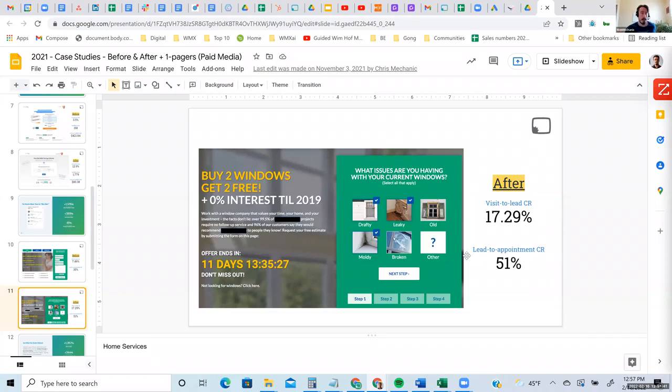So all we tested was an option where we added, I forget what the text was, but it was basically to see a video demo. We added that as a radio button option on the form, and it cranked conversion rates through the roof, right? Because it lowered the friction for those people who weren't quite ready to speak with a sales rep and allowed them to see the platform in action. And then, of course, I'm sure they were hounded by sales reps, but they got the visibility into the platform that they needed to have the confidence to take that next step.